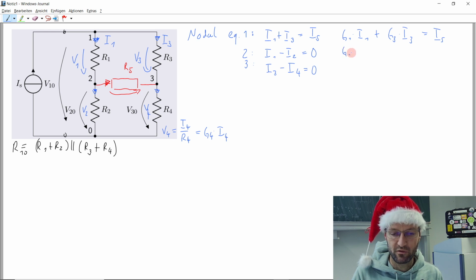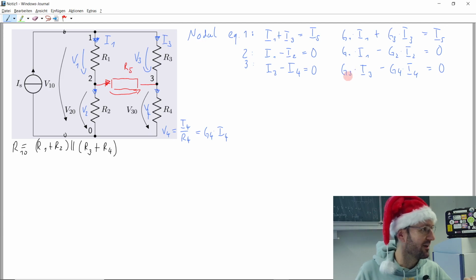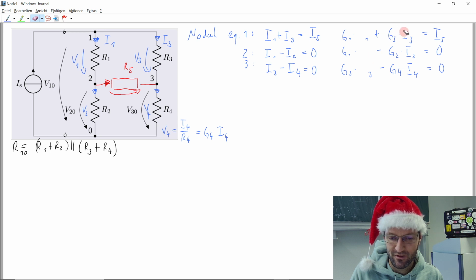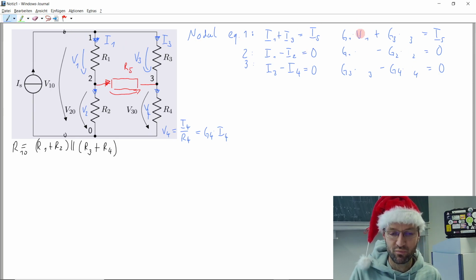So then we will have G1 times V1 minus G2 times V2 equals 0. And for the last equation, we will have G3 times V3 minus G4 times V4 equals 0. Sorry? And yeah, I think you switched voltage. I switched voltage and current, so I need to delete lots of stuff. Isn't I1 and I2 equal? Yeah, and I1 and I2 are equal now, but later on they won't be. But very good point, of course. Speaking and writing at the same time is always a challenge.